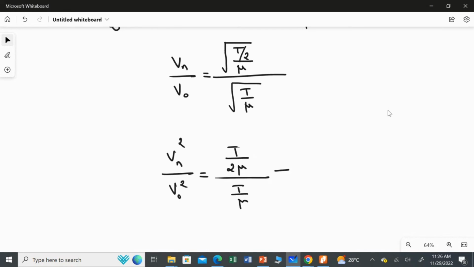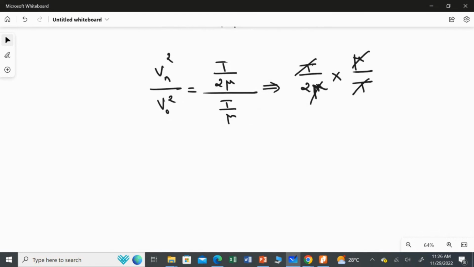If you remodify this equation, this part becomes T over 2 mu multiplied by mu in the numerator and T in the denominator. So I can cancel this tension with this tension, and this mu with this mu. So what is remaining? We have speed new squared over speed old squared, which is equal to